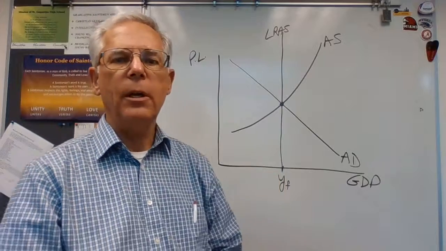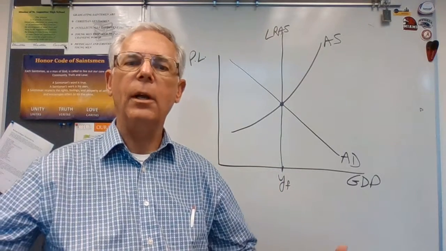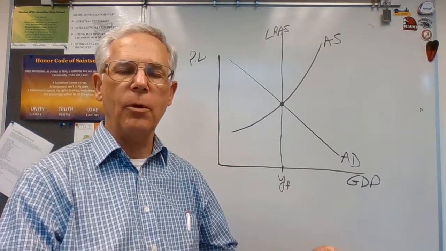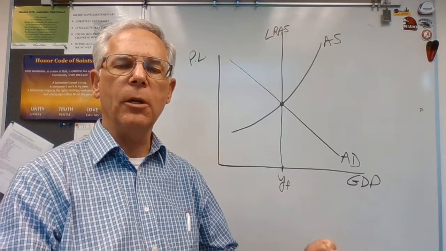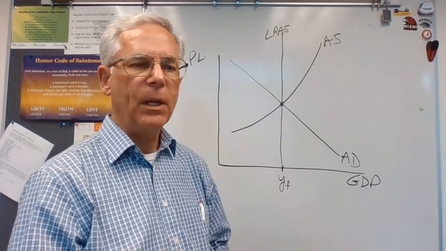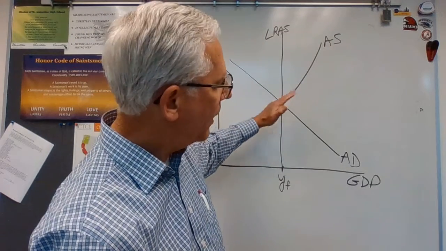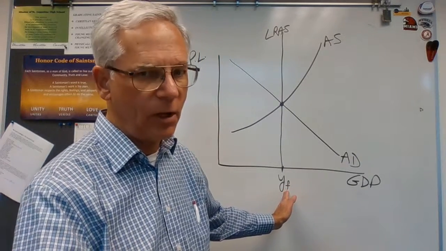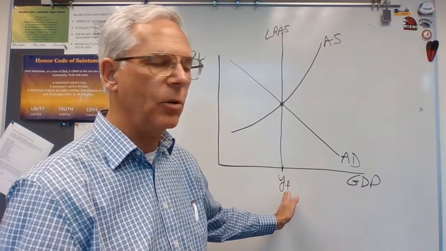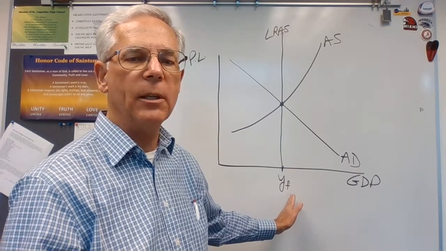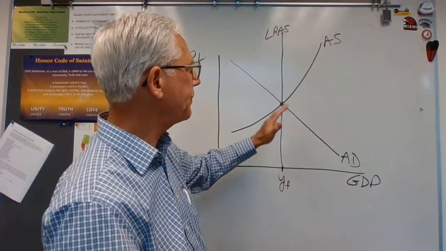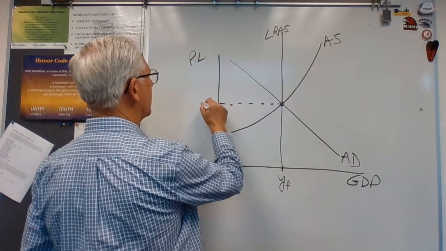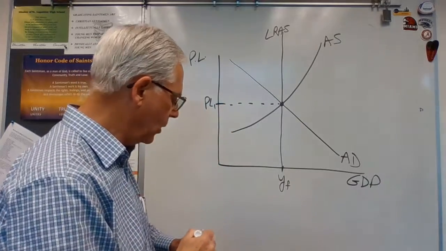What you see on the board is, I hope you know, an economy functioning at full employment. So this is what we hope is long-run stability or equilibrium in the macro economy. Aggregate supply, aggregate demand, we're operating right at, notice I just called it Y sub F instead of FE, so a lowercase f is what I'm going to use from now on for full employment level of output. And of course, the price level here is right there at PL1.